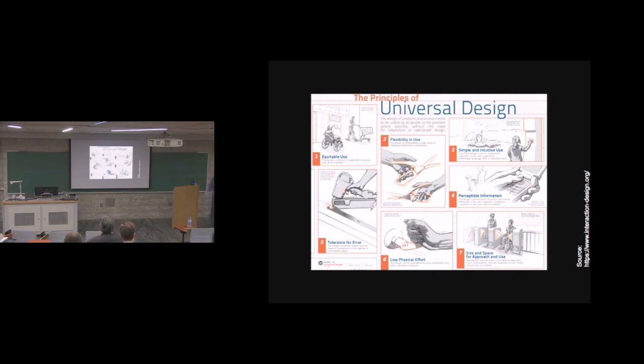So I don't know if anyone's familiar with the principles, but there are 7 principles of universal design. So this is, again, right from architecture and engineering. So we have equitable use, flexibility in use, simple and intuitive, perceptible information, tolerance for error, see a nail gun. So you want to make sure that you can't accidentally hurt yourself. Low physical effort, and size and space for approach and use. So these are from architecture.